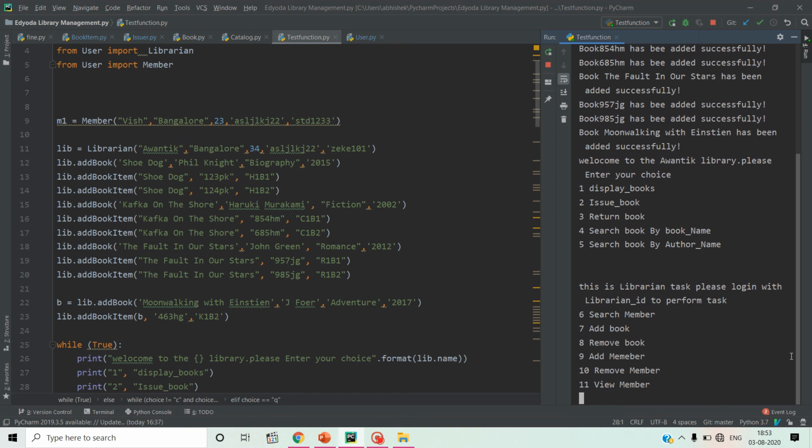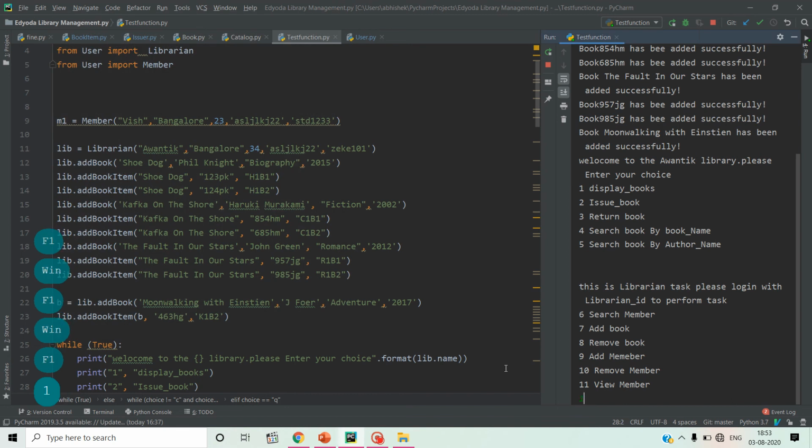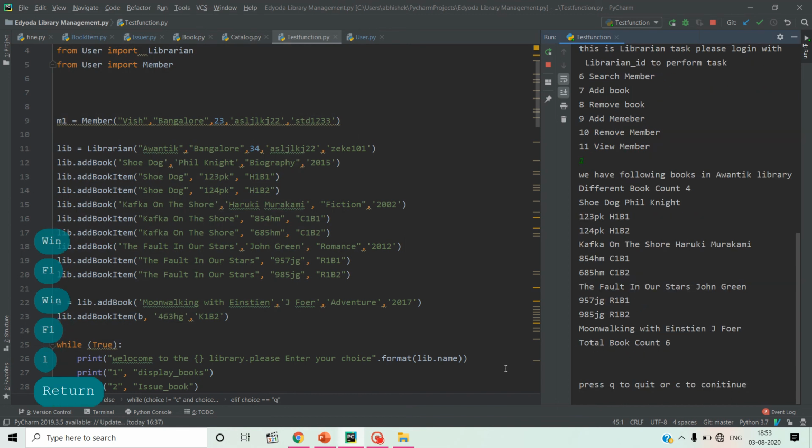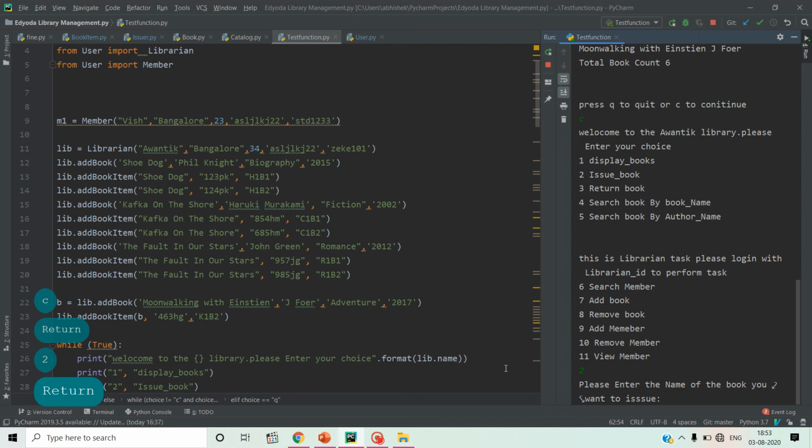Now let's see some examples of how to access the books. Then we pass 1. Here we can see all the book details, and also the total book count in the library. Let's go through the librarian once again. Now we can add a book, issue a book. Like I want to issue Kafka